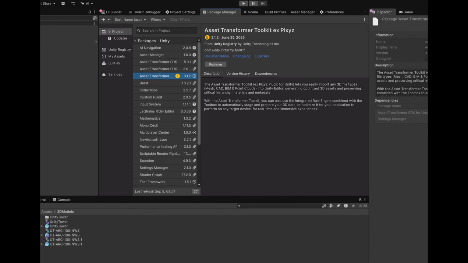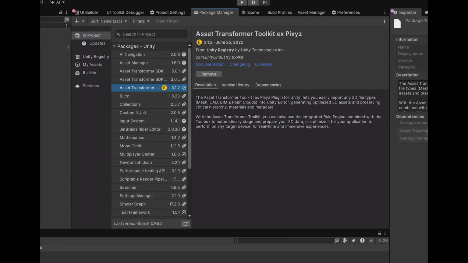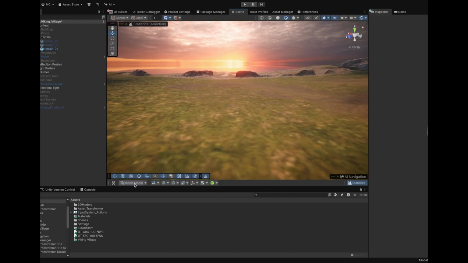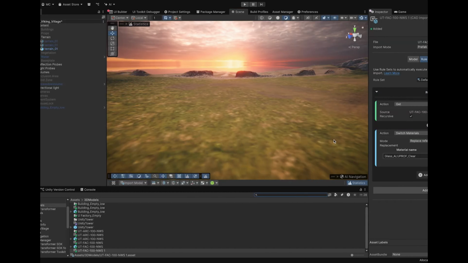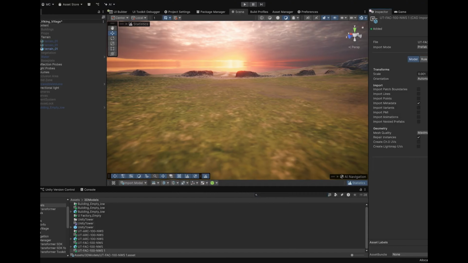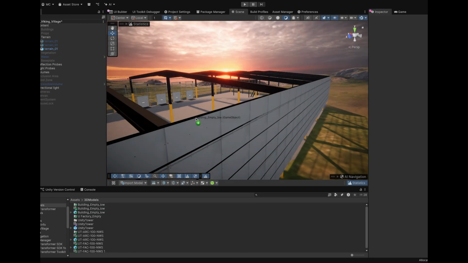The next tool over is Asset Transformer Toolkit. So you can point to a file, ingest that directly into Unity. So this one is necessarily in a Unity pipeline. And then you can do a series of rules on that. So your rules, you can make